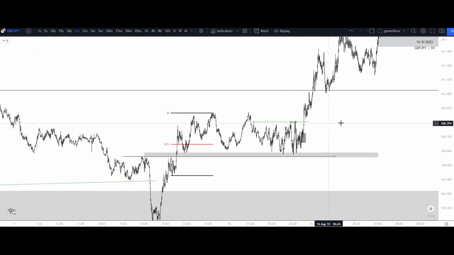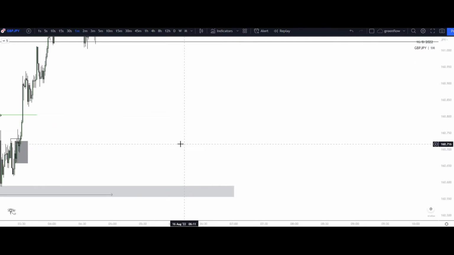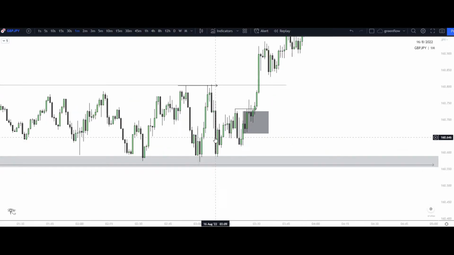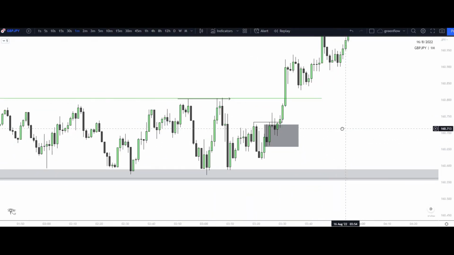Understand this price action within here, right? So this was your demand that caused that move to the upside. We came down, mitigated that again. Now I'm looking for that break of structure after a liquidity raid to tell me where I want to look to take my trade next, right?